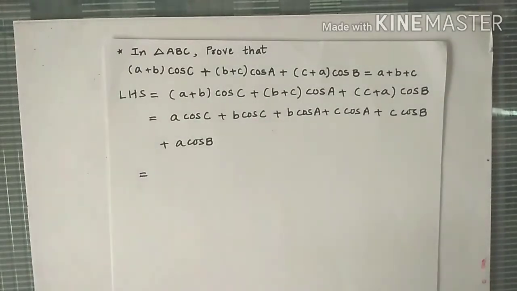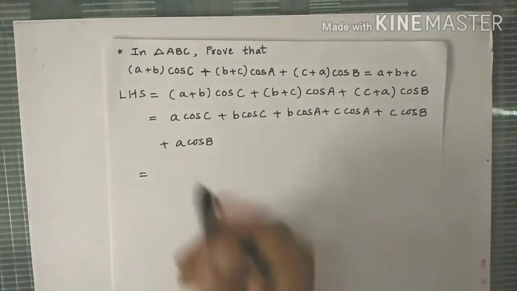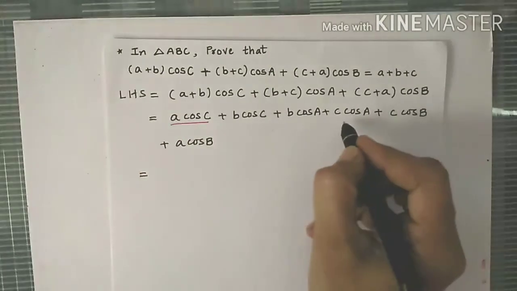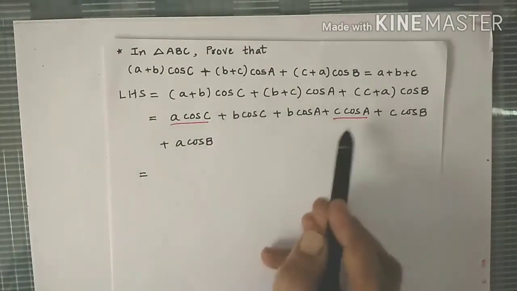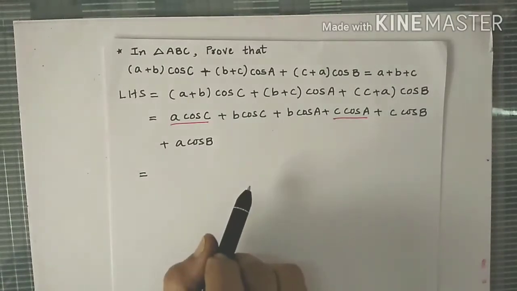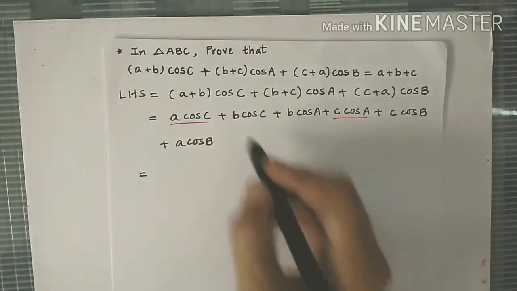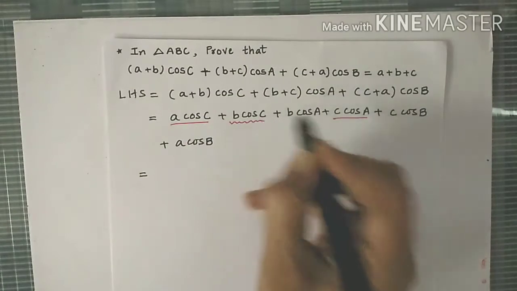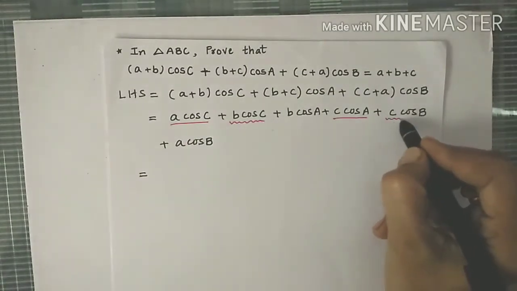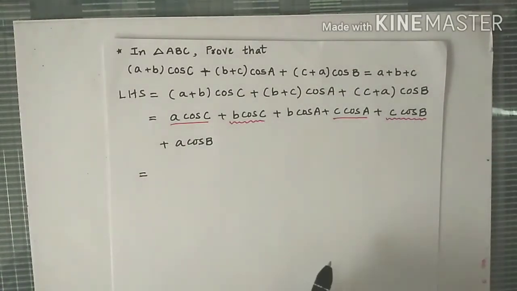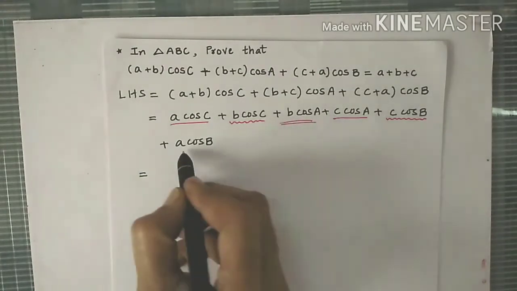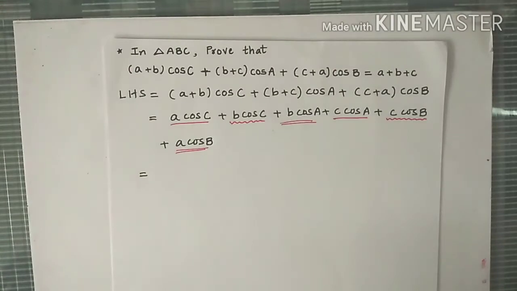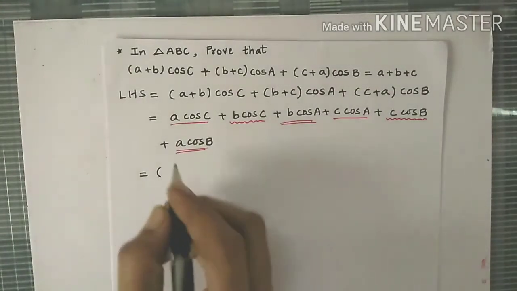Now if we collect the terms a cos C and c cos A, that is a cos C + c cos A. So see here we have a and c letters, so that is the value of small letter b. Then b cos C + c cos B together gives us small letter a. And b cos A + a cos B, by projection rule, is small letter c. So let's collect the terms.